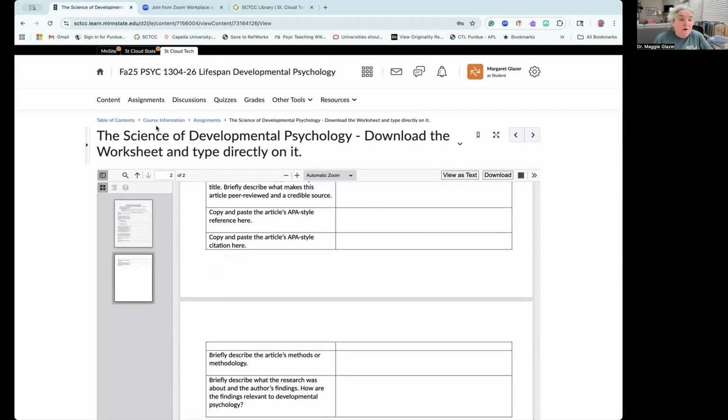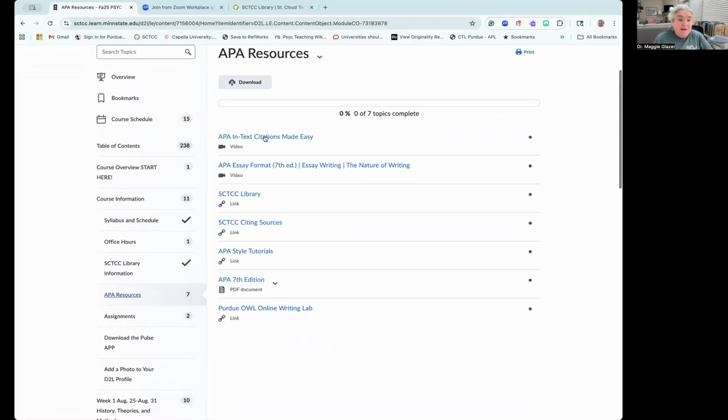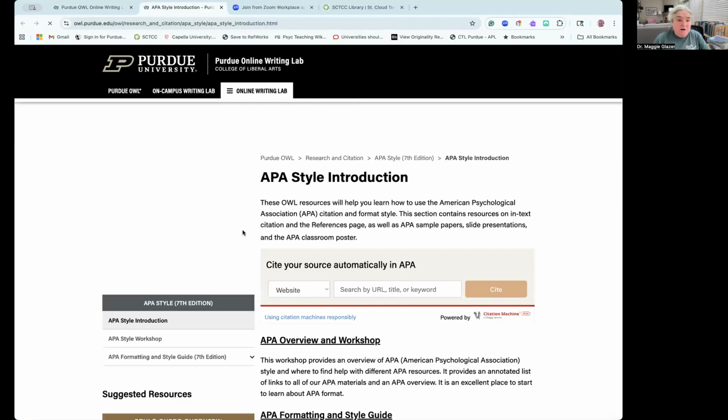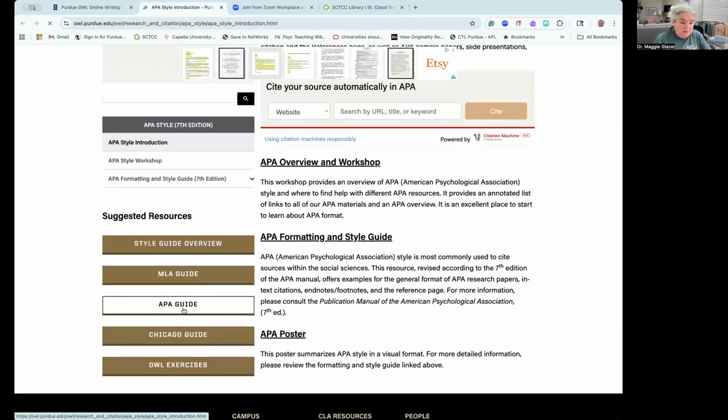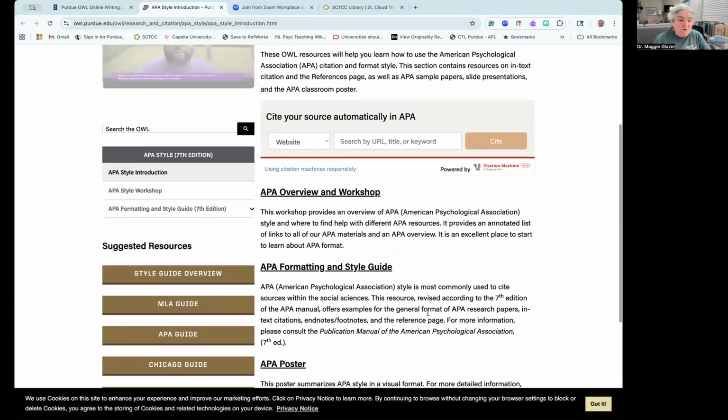Let's take a look here. Again, let's go back to course information, and you can find APA resources. There's a video about in-text citations in the library there, citing sources, APA style tutorial, 7th edition. The Purdue OWL Online Writing Lab is a really good source. Let's take a look at that, because we're looking for APA here. It'll show you how to do